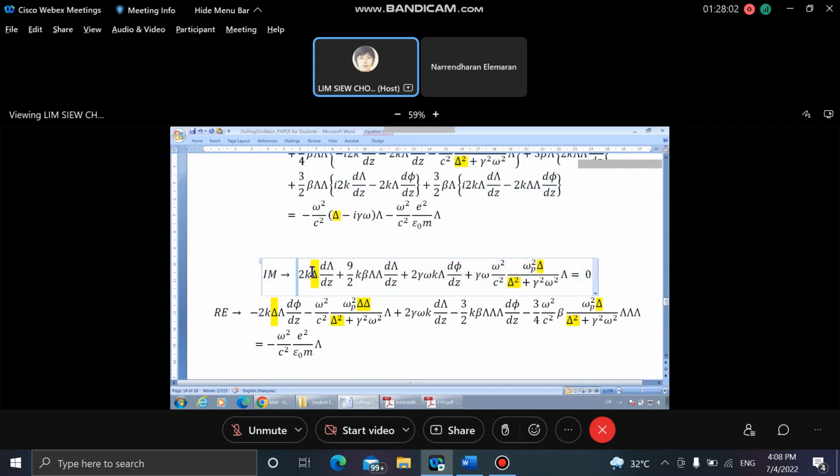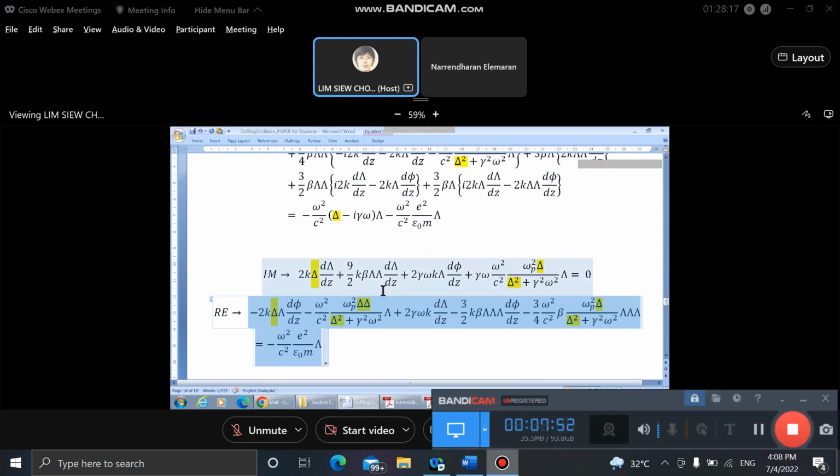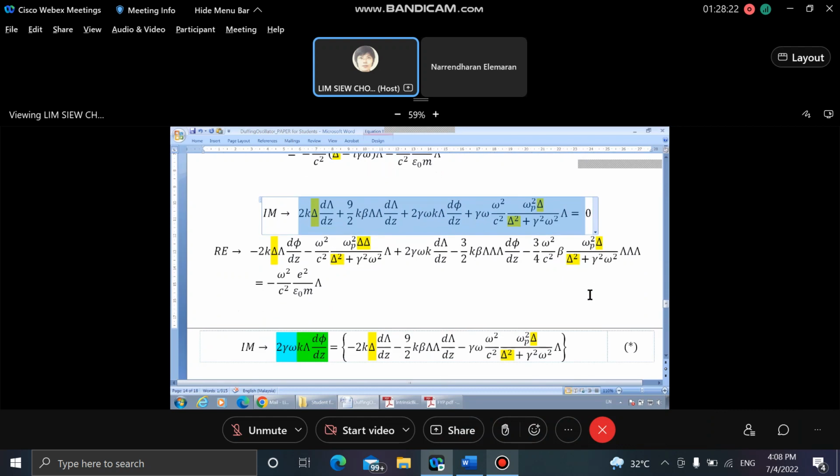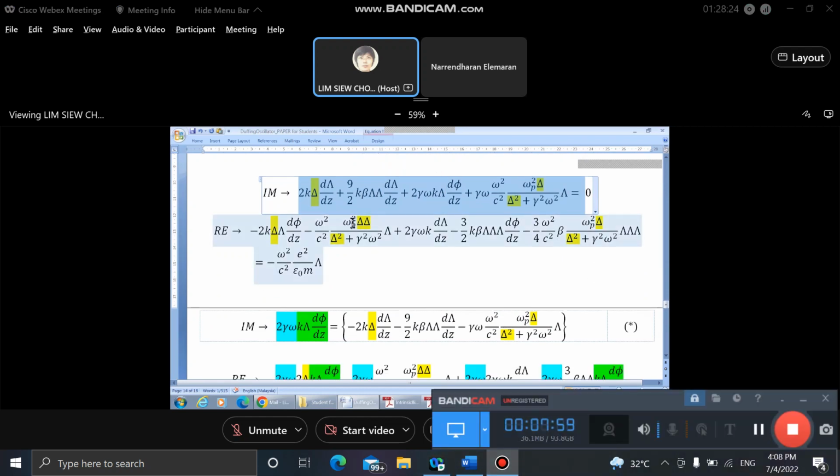So this is from the real part. This is from the imaginary part. This is from the real part. So I let you work it out. No need to further explain, but it's very tedious. You have to be very careful. And the imaginary part, I can cancel the i. Okay. So after this, you can play around. So this term, I just write this on the right hand